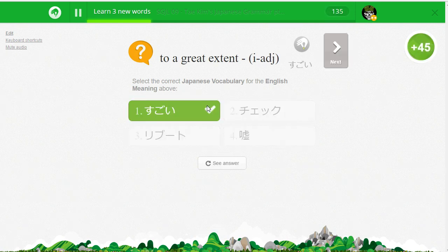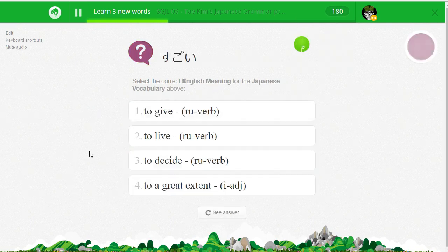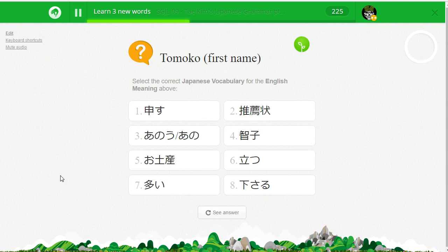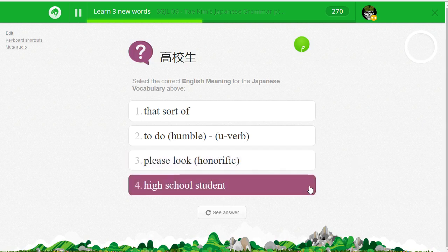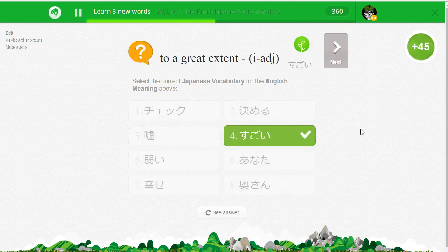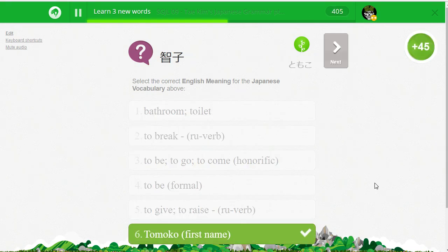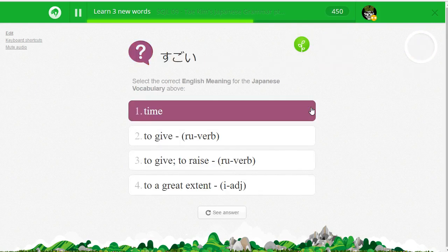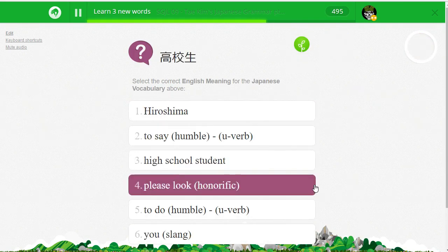すごい。 すごい すごい。ともこ。 ともこ ともこ。すごい。 すごい すごい。Has almost like an NG sound to it. ともこ。 ともこ、 ともこ。高校生。 高校生 高校生。すごい。 すごい、 すごい。ともこ。 ともこ、 ともこ。高校生。 高校生 高校生。すごい。 すごい、 すごい。高校生。